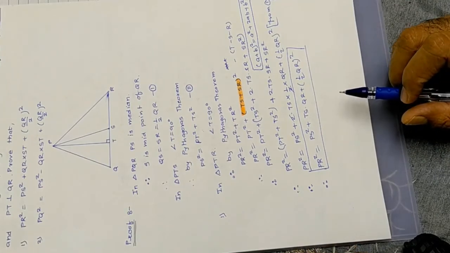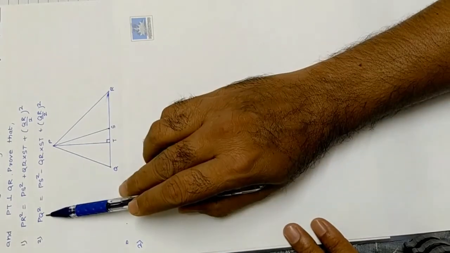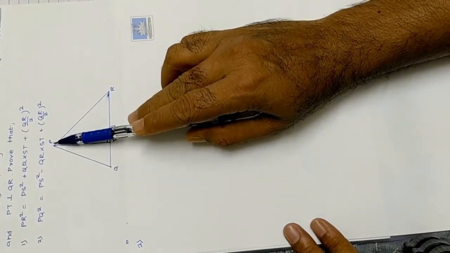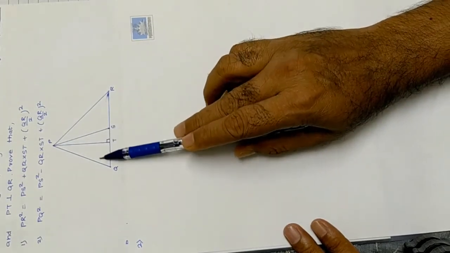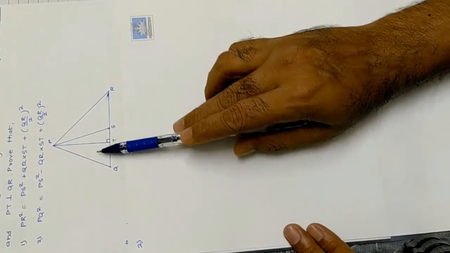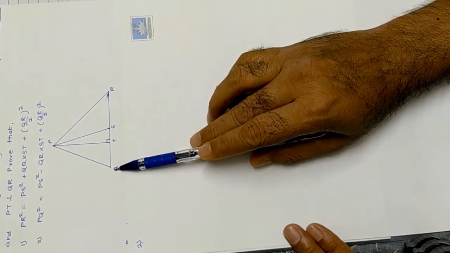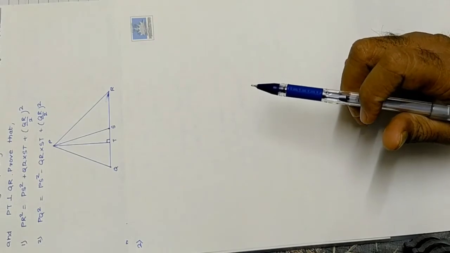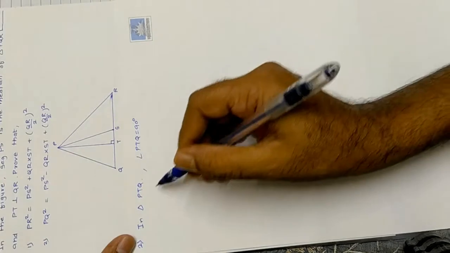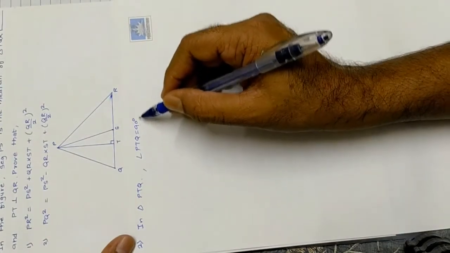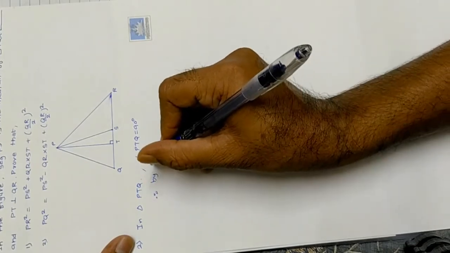So let us see the second part again. Now second part. What is second part? PQ square. Okay. Now consider here PTQ triangle. Triangle PTQ. T is 90 degree. I mean this is again a right angle triangle. So you can use PQ square is equal to PT square plus QT square. Procedure is same. Only one again important step that I am going to mention. So let us write it. In triangle PTQ, angle PTQ is 90 degree. Therefore, by again Pythagoras theorem.